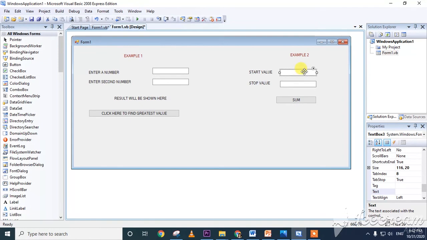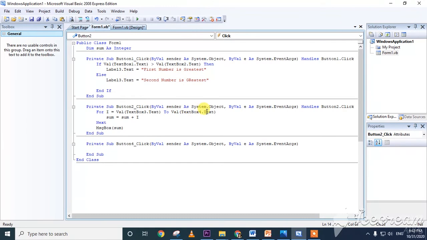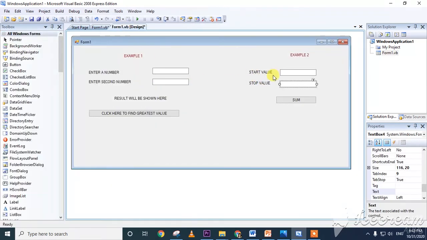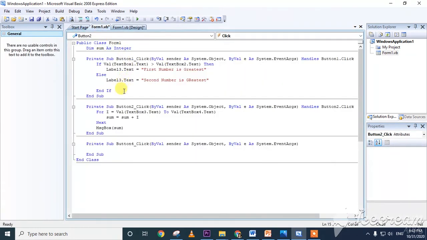So from the value here to the value here, sum equals sum plus I. Whatever sum we are giving there, suppose I am giving 1, 1 plus I means 1 plus 1, how much? 2. So it should count like that.